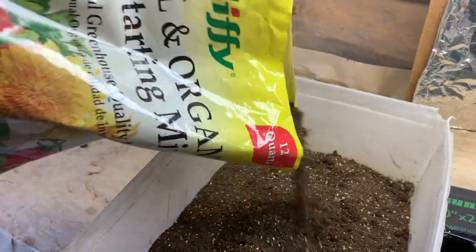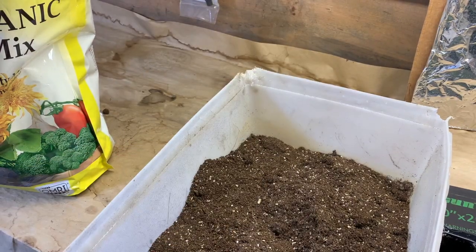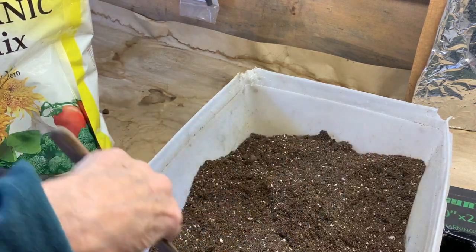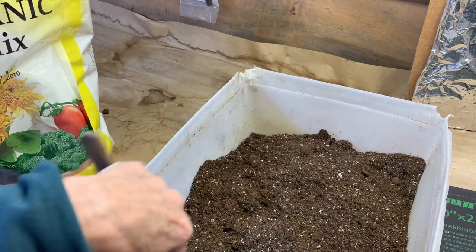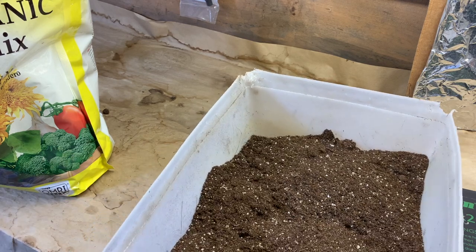which I just poured out into my bin. This is brand new, so I am assuming that this is sterile and it doesn't have any of those little fungus gnats or any eggs of any nasty little bugs that are going to hurt my brand new seedlings. So, but if it's old,